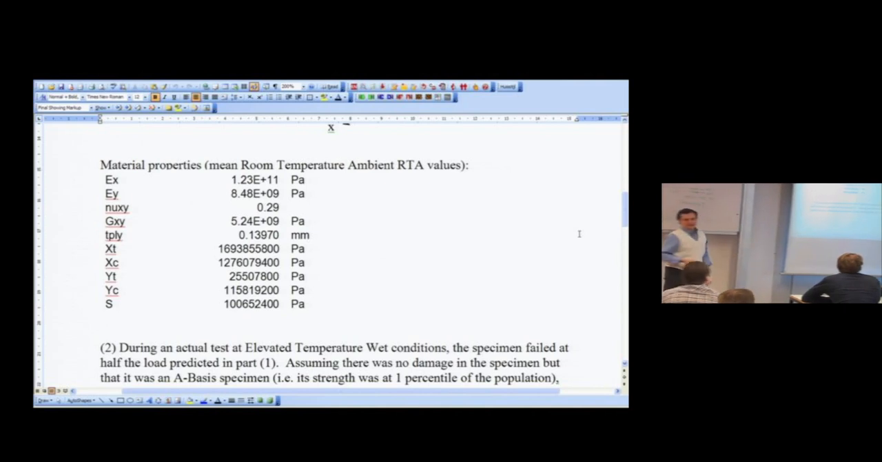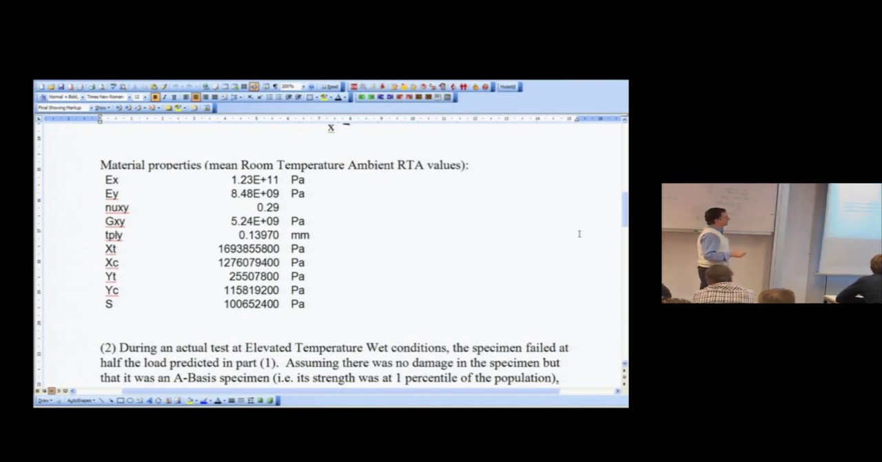we did not test it at room temperature. We tested it at the elevated temperature wet conditions. And we found that it failed at half the load that you predicted in part 1, because part 1, for one thing, includes only room temperature values, doesn't account for the fact that it's conditioned with moisture, fully saturated with moisture. So if there were no damage in the specimen, but someone told us this is an A basis specimen, so it's at the low end of the material strength, 1 percentile of the population, then you are supposed to